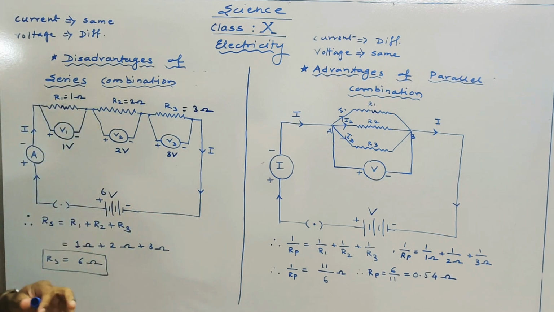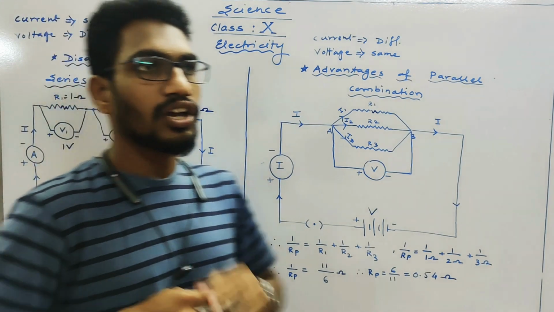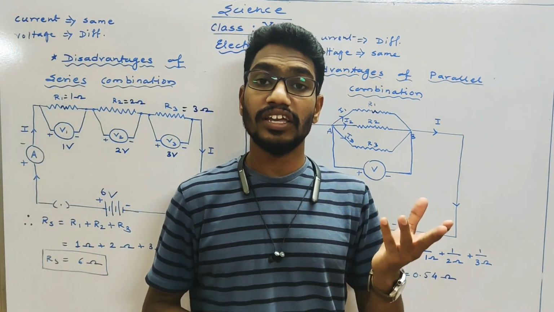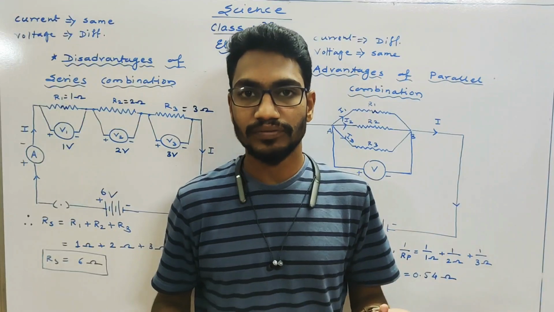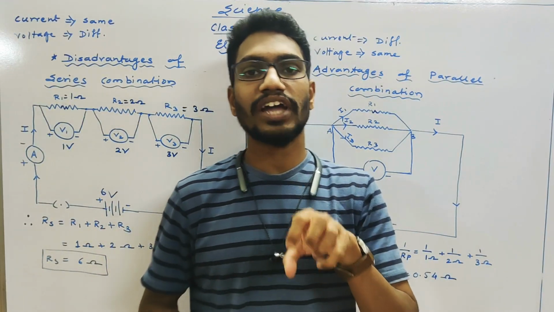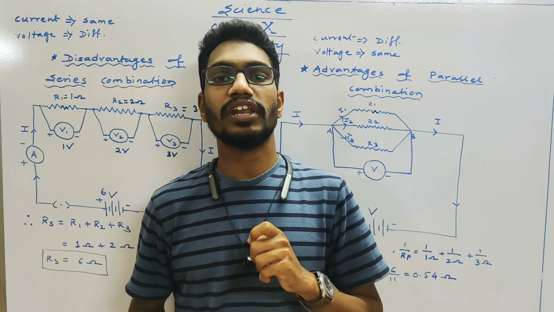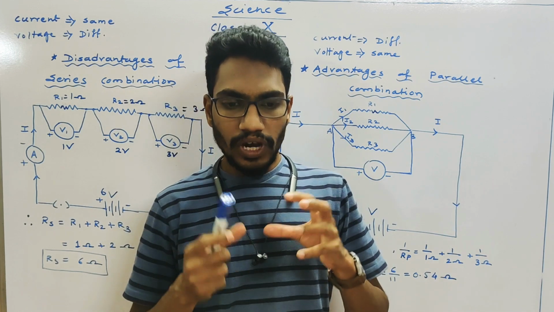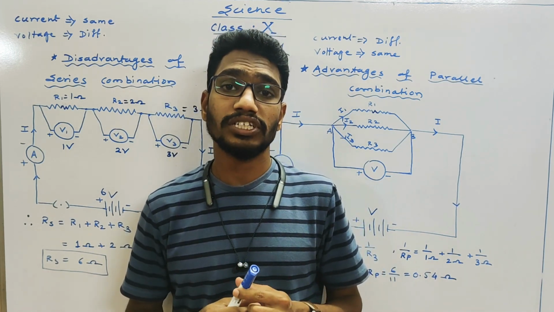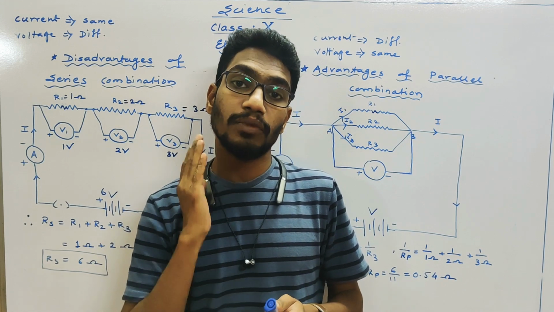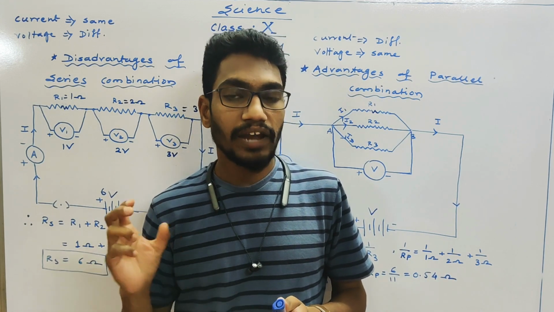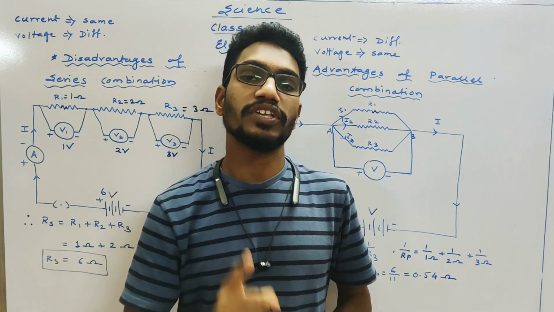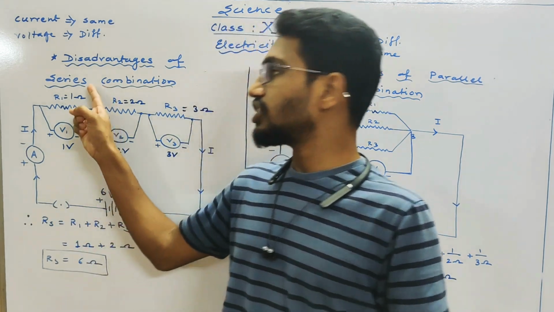So in series combination, if an appliance requires high voltage, for example you connect a bulb, a fan, and suddenly an appliance like a fridge, a refrigerator. The refrigerator requires high voltage, and your bulb and fan require very low voltage to work properly. So if you connect these kinds of appliances in a series combination, only the fridge will get the maximum voltage and your bulb and fan will not get a sufficient amount of voltage as they are connected in series combination.